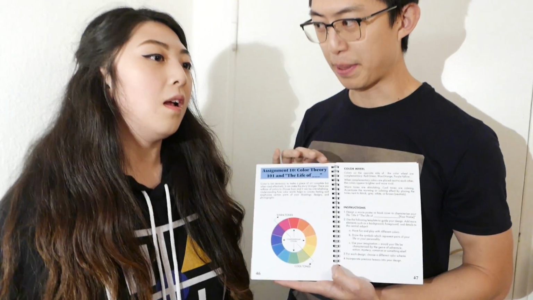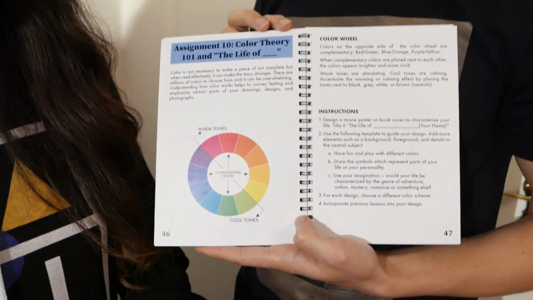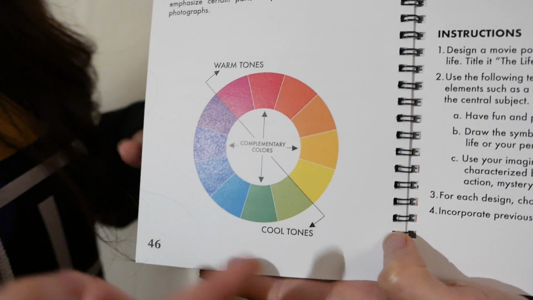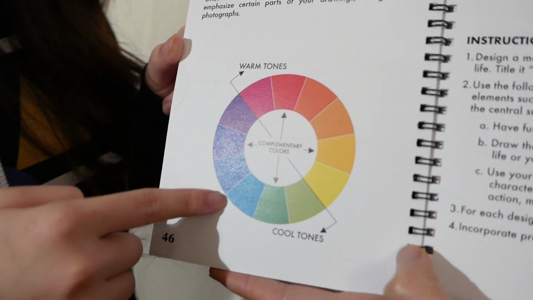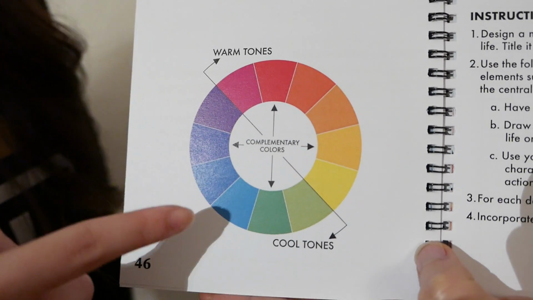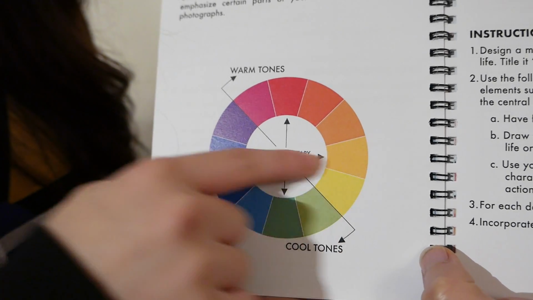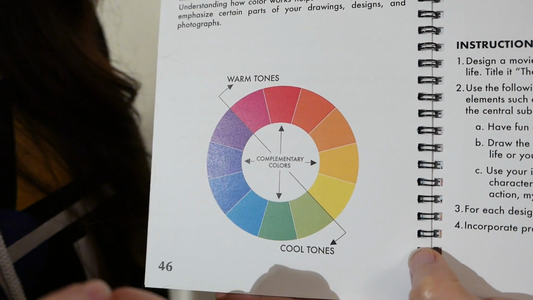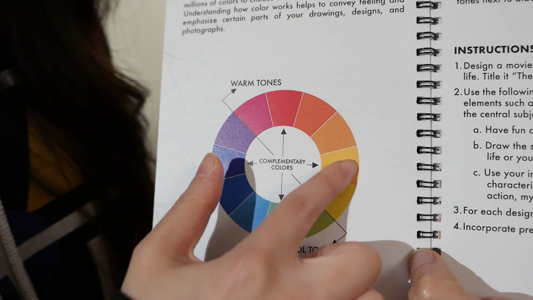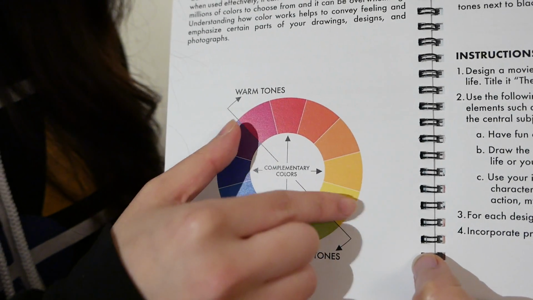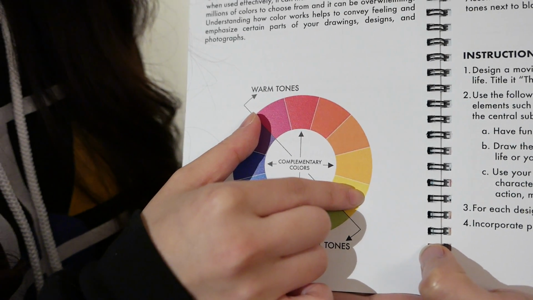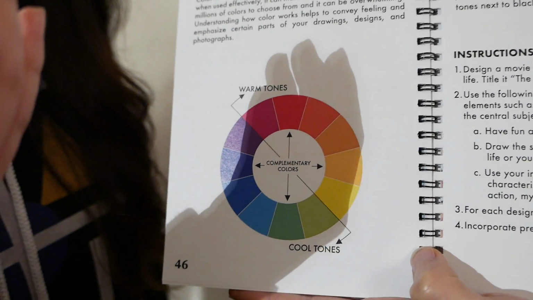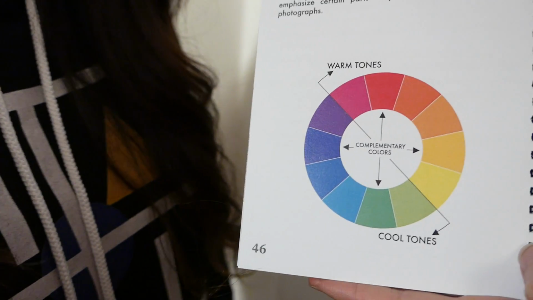So when you learn the basics of color theory, here's a chart I made to demonstrate it. Here's the color wheel, all the colors of the rainbow happily together. Any colors that are opposite one another are complementary colors. In essence, when you place these two complementary colors together, it becomes more intense. And you might want to use that to make a certain item in your image really stand out,